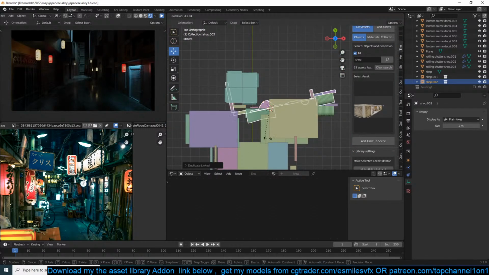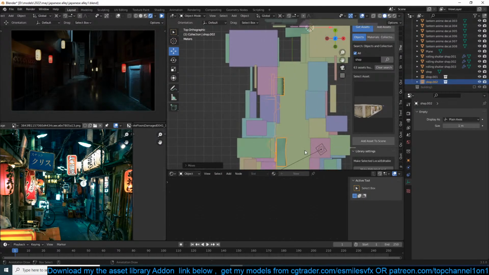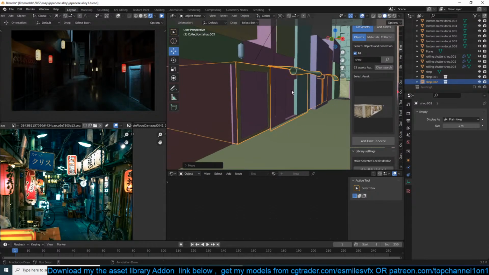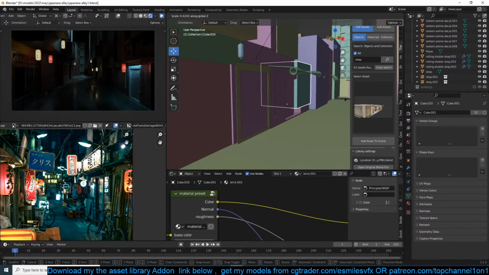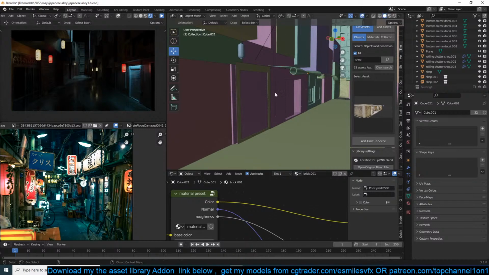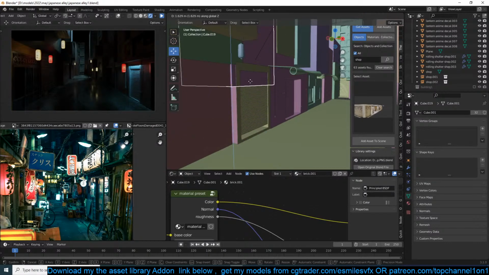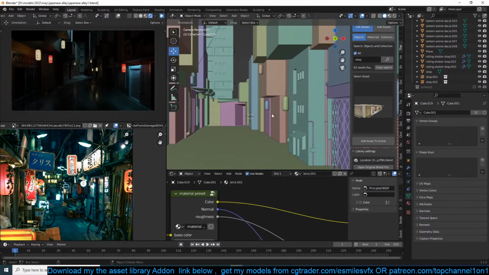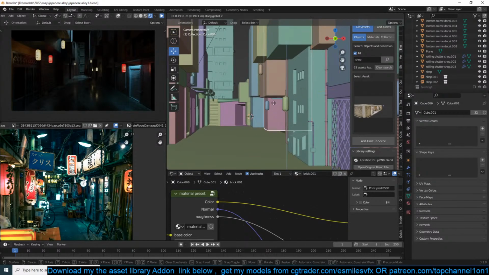I'm going to grab this and just replace some of the buildings on the left with this. Yeah, do the same for this side. Just move these up.